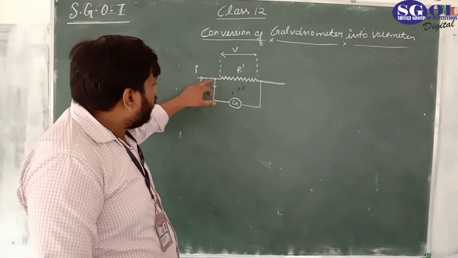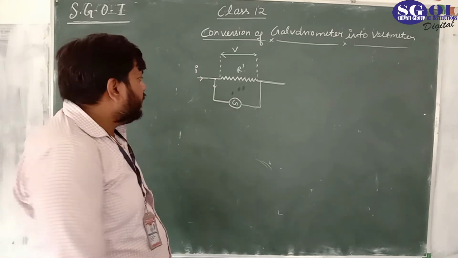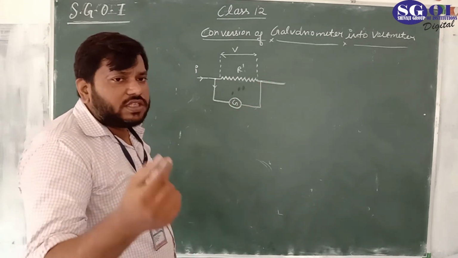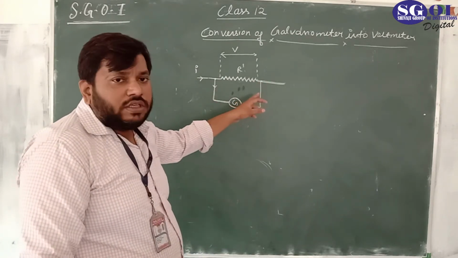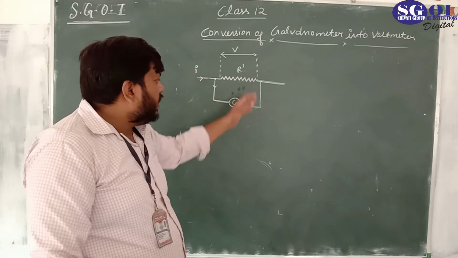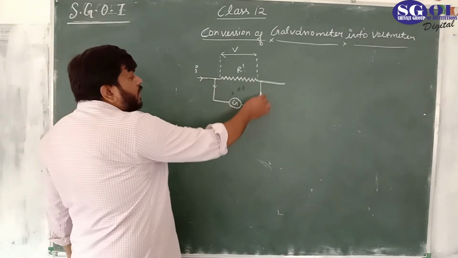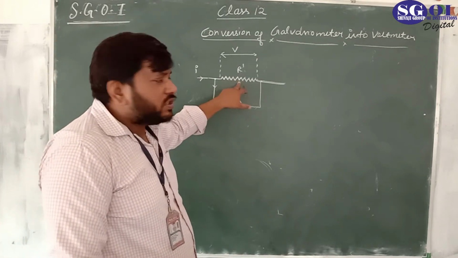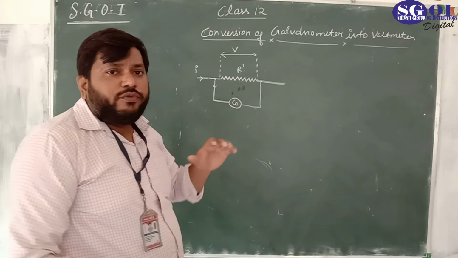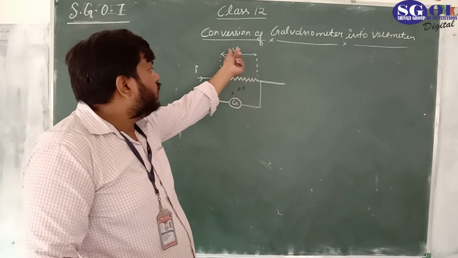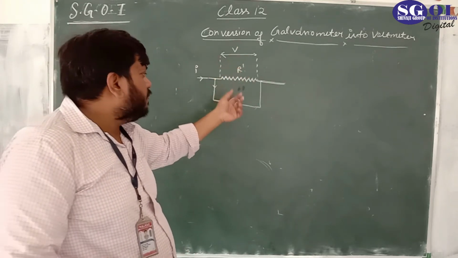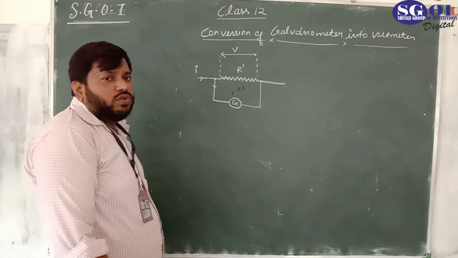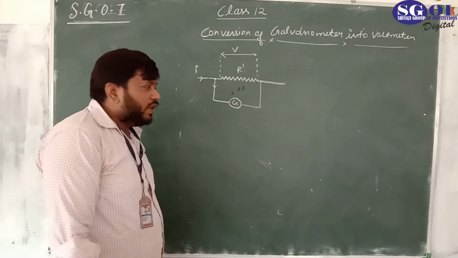If no current were flowing in the galvanometer after applying it, or yes, a very small current, because practically it is not possible that there is no current. So if a very small amount of current flows in the galvanometer, then we can say the voltage across this resistance would be approximately equal to the voltage which was before applying the galvanometer. So what should we do so that we can achieve our goal here?